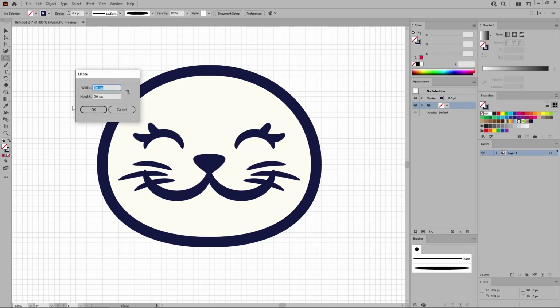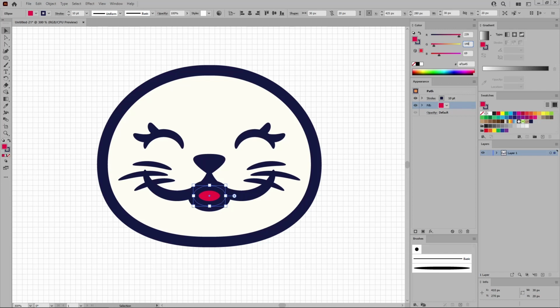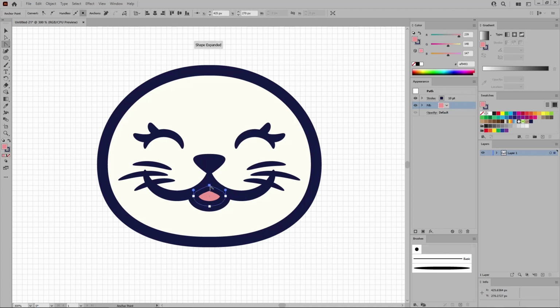Again, click on your artboard, set the width to 30 pixels and the height to 20 pixels. Click OK to create this new shape. Let's move it in this exact location. Increase the stroke weight to 10 points and set the fill color to 239, 148, and 147. Switch to the anchor point tool and use it to turn this point into a sharp point,